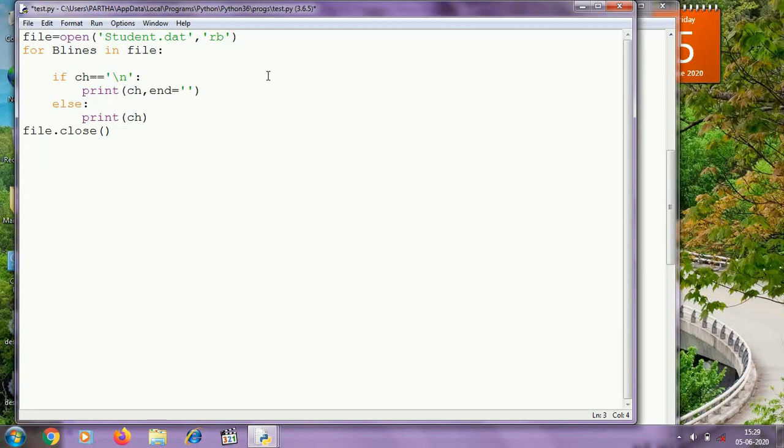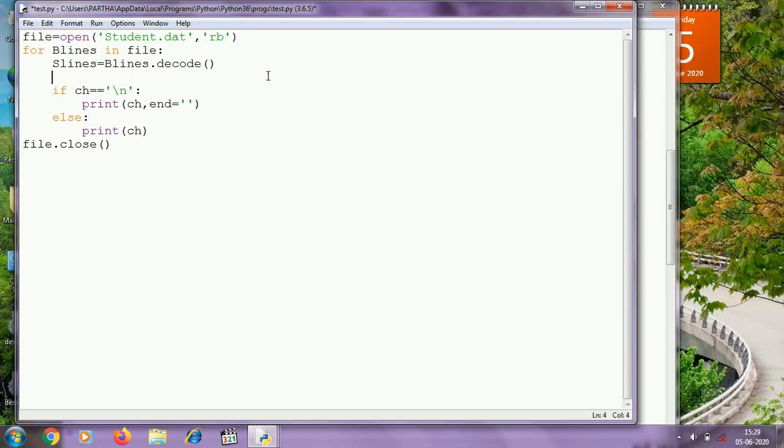So I need to convert the binary lines to string lines. Then I need to iterate over the string lines to get the characters one by one, and inside this for loop I have to check whether ch contains new line or not.